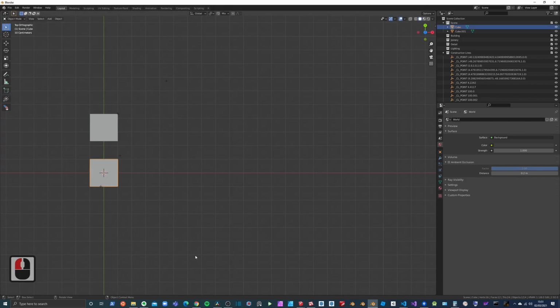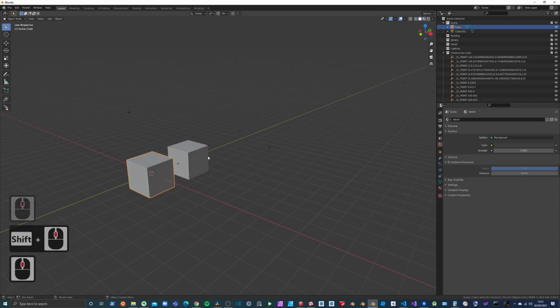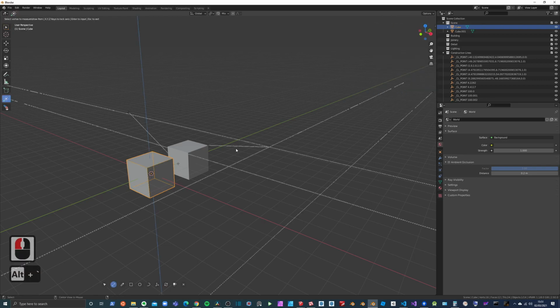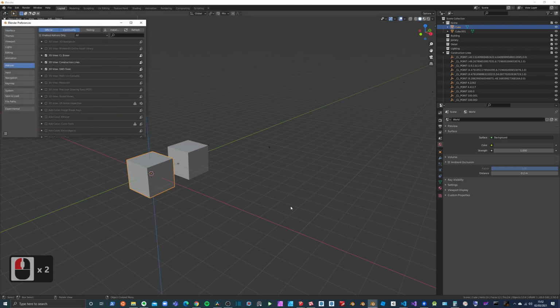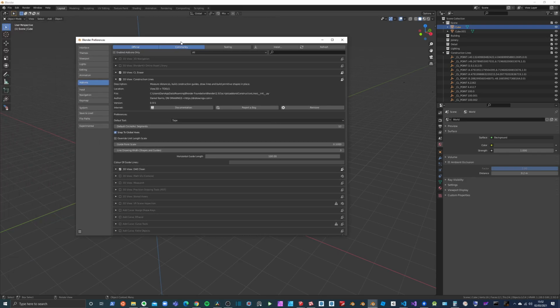If I head back into Blender, you'll notice that I don't have the Z-axis showing. So if I pop that on, head back into construction lines, and you'll notice that now that is snappable. So if the axis is visible, if it's set as an overlay, you can snap to it. And you can also turn that off in preferences. So I head over to preferences, go to construction lines,